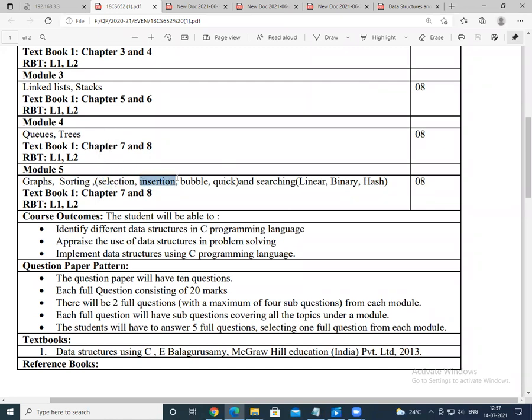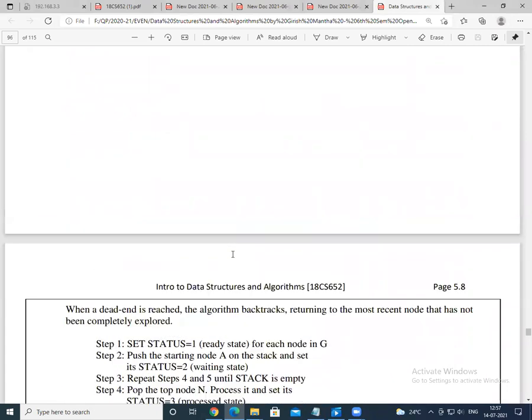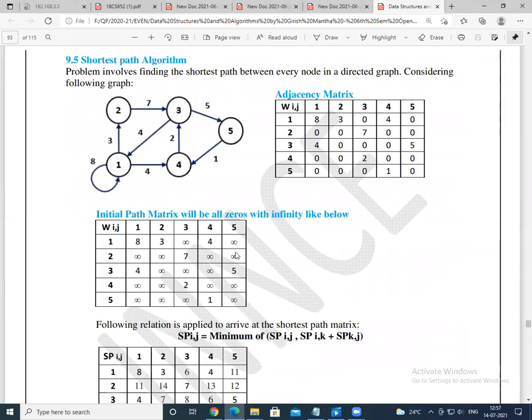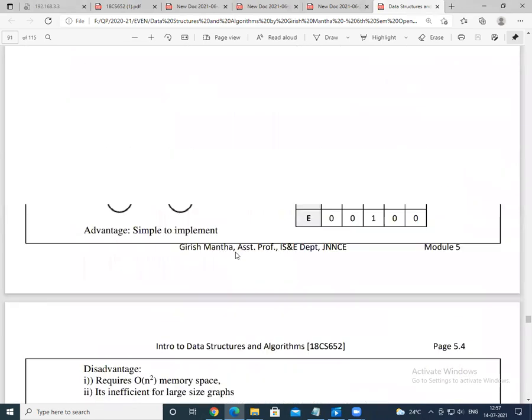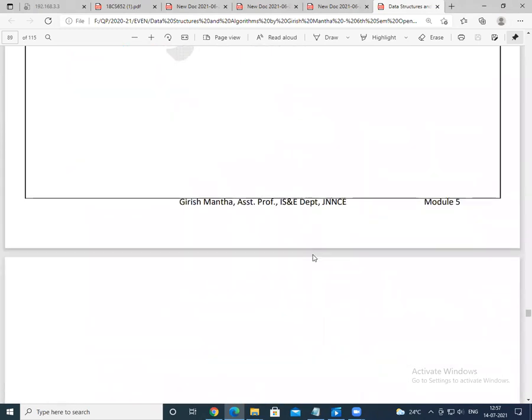Insertion sort I'll probably do on the Thursday or Friday class, and we have quick sort on the Saturday class. That completes your complete sorting techniques, and the linear search and binary search were done in the last class. This could be an excellent topic to focus on from the examination point of view. We are then left with graphs, so we will complete this module 5. For graphs, we'll not go into much of the concept. We'll just track through the notes, which might be more than enough for understanding the concept. We'll go only with the examination point of view. There are a few concepts that you need to understand, so we'll do that.